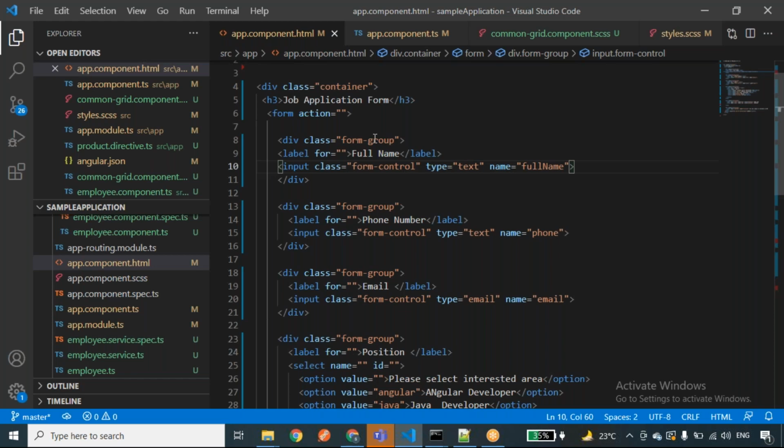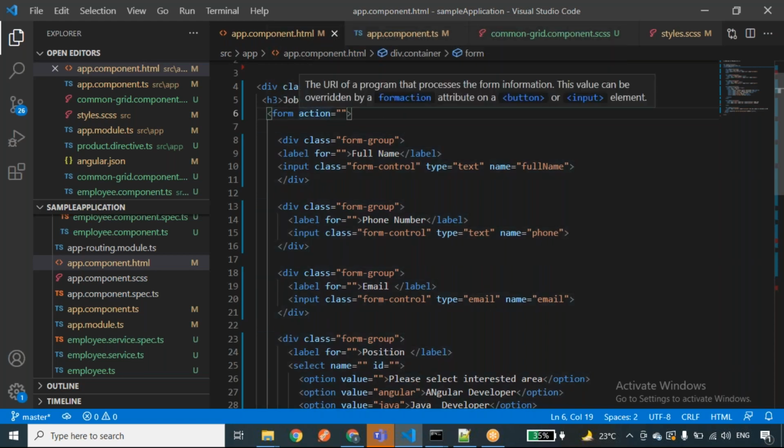Yes, sir. So this form action is nothing but if you want to submit the form to the backend URL, we'll define that particular backend URL here. Nowadays, in real time, we don't use this action in Angular.